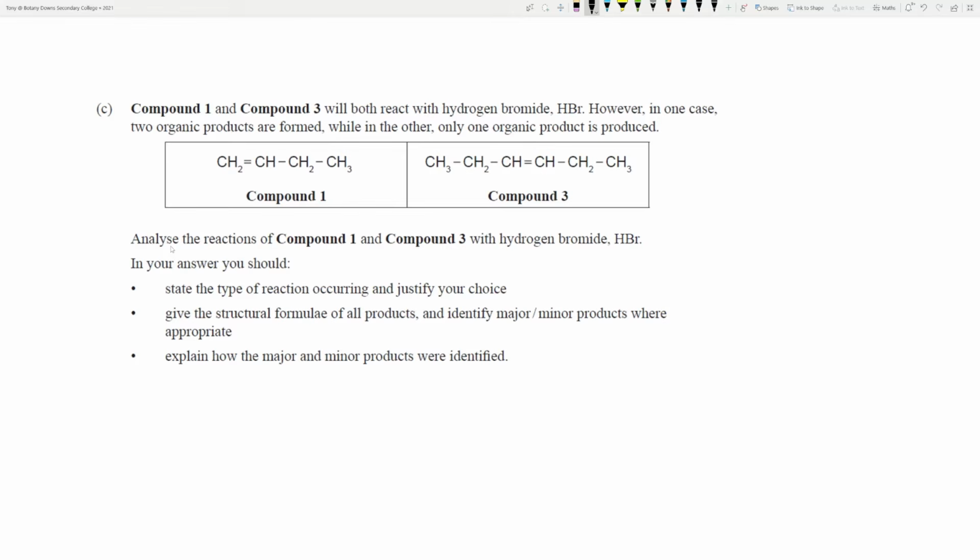In one case, two products are produced, while in the other only one organic product is produced. Okay, so it just means this one reacts with HBr, this one reacts with HBr. Okay, so this is the type of reaction. So we got addition reaction, and whenever you have a double bond, like this is what I mean with when